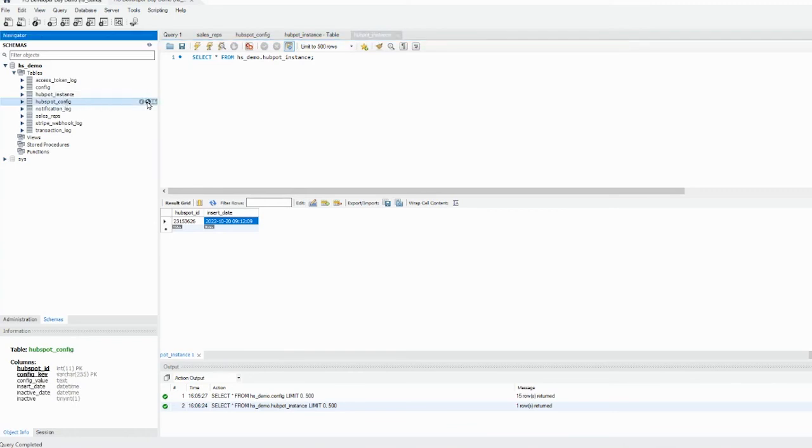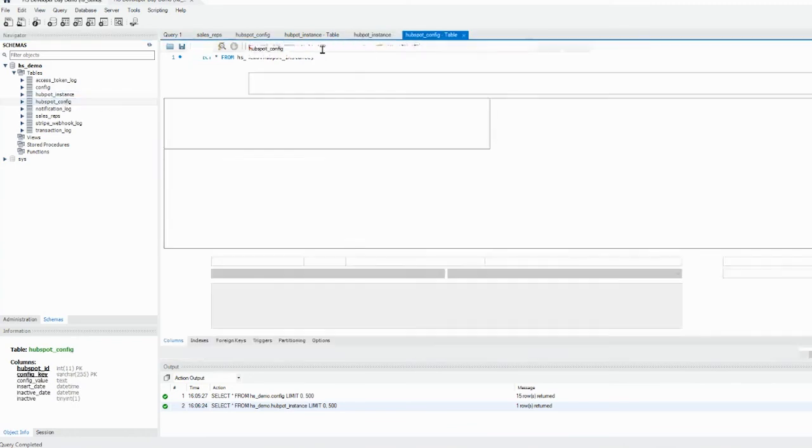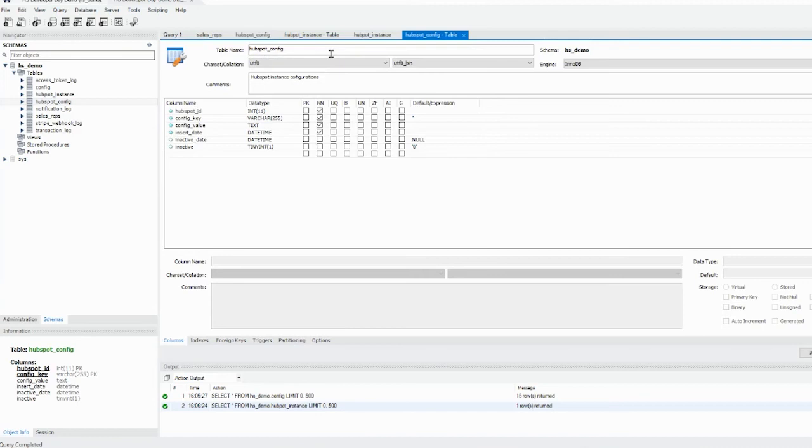HubSpot configuration. This table here is really similar to the config table, except this is really for your customers. The other config table is really for your system as a whole. But here you have configurations that are set up just for your customers. So for example, at A Labs, we have a ginormous config table for our customers, and everyone has the same configuration keys, but it's the values that are different.